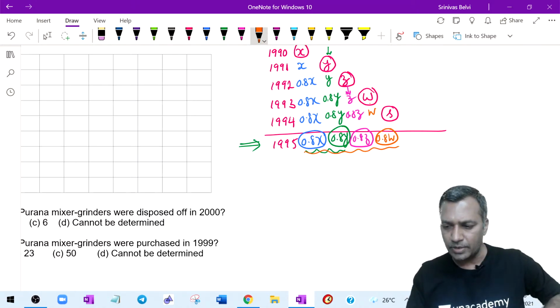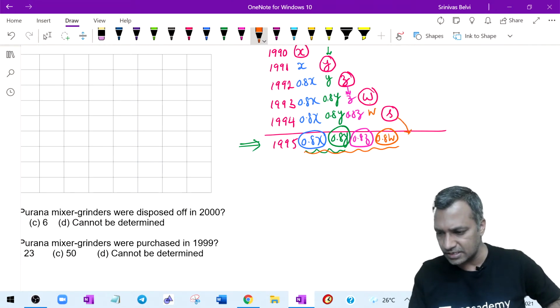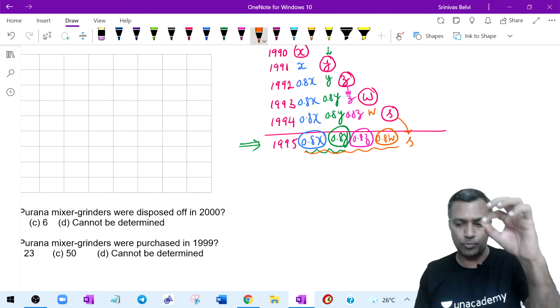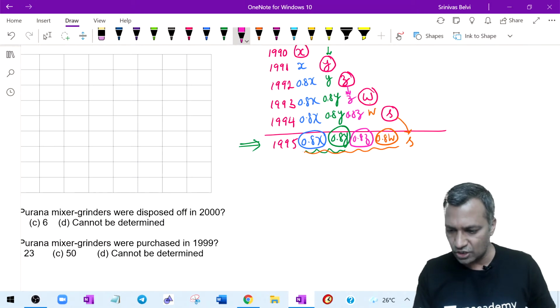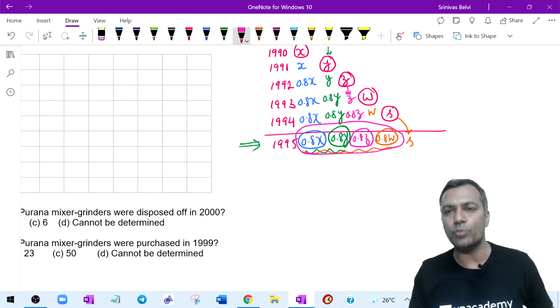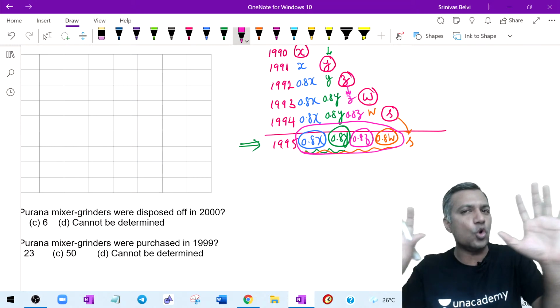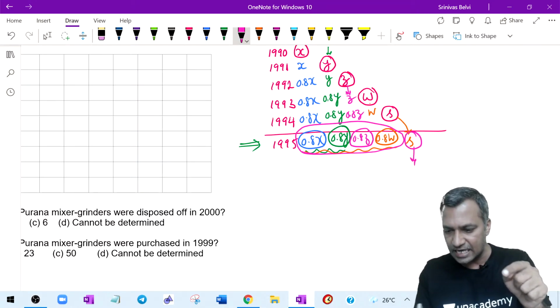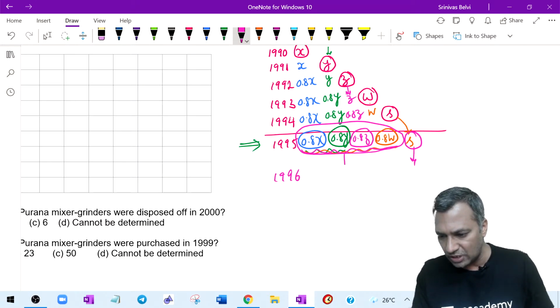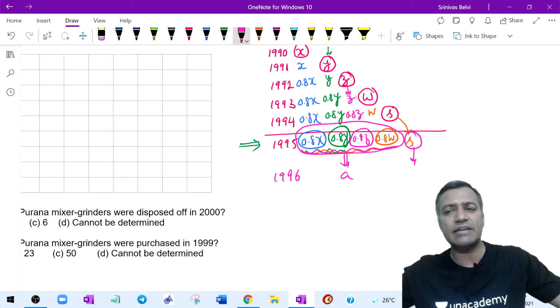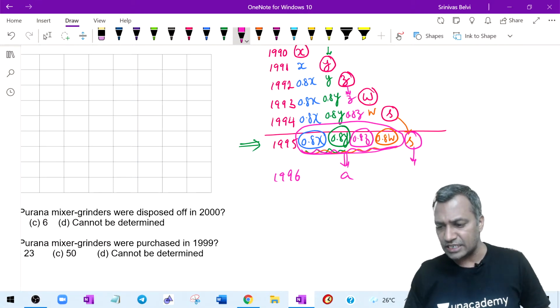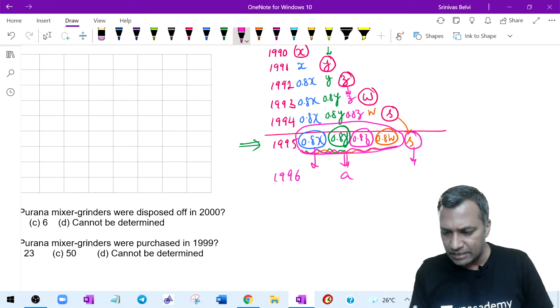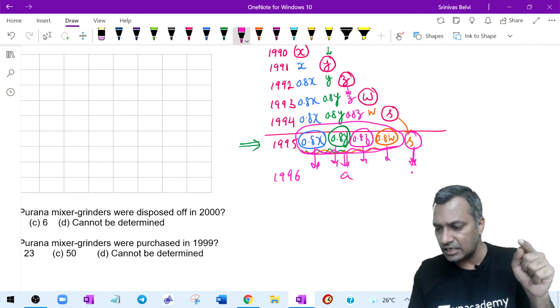What is the dynamic number here? The dynamic number is this. This S will remain S. That is the problem. Therefore, what I will do is, these are super old. I will call them super old. What do you mean by super old? No change. This S is going to change in 1996. When I write the data for 1996, this super old I will call A. This A will not change for sure, because it's super old. This 0.8 will remain 0.8x, 0.8y, 0.8z, 0.8w. But this S will suddenly become 0.8S.